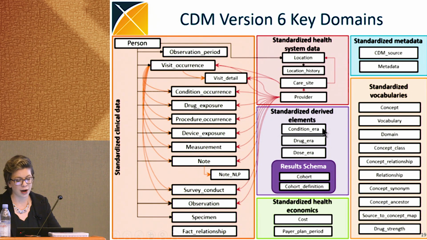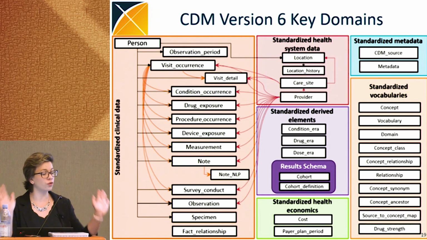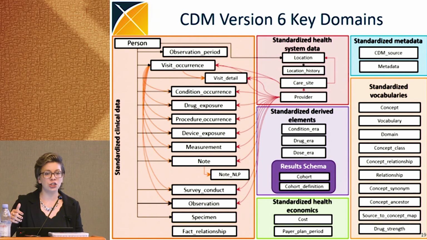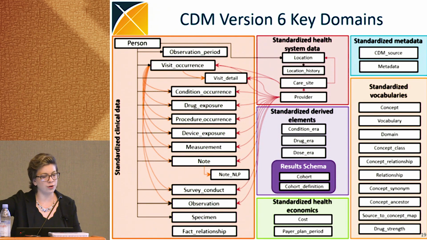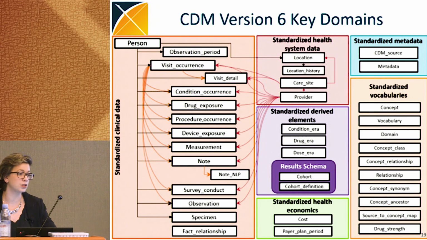We also have some standardized derived elements, and so the way I think about these is once you have a CDM, you can derive content from that CDM. So for example, we will take drug exposures and generate drug eras from this. So this is something that happens in post-processing. Once you've created your data in the CDM, you can run a job that will actually generate the drug era table. So it takes all of your exposure data, rolls them up to the ingredient level, and then looks to see how long you are exposed to that ingredient, given a little bit of administrative gap between things. Like maybe if you forget to fill your script for a couple of days,